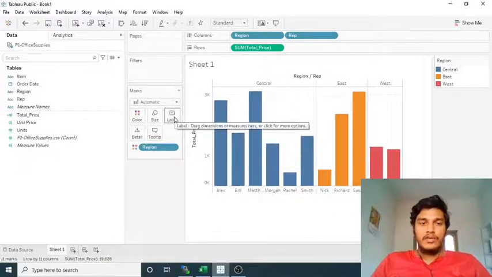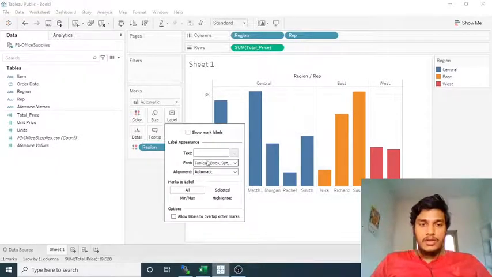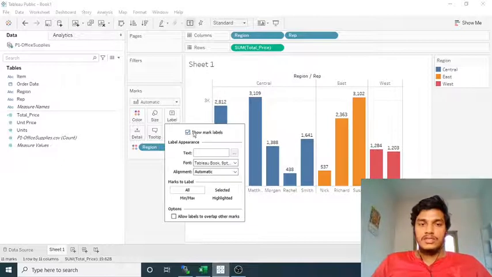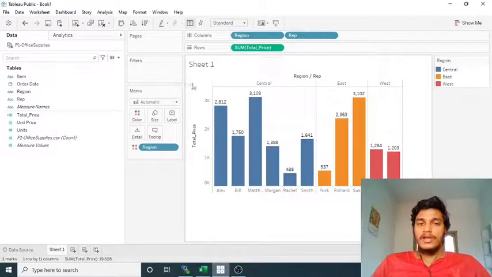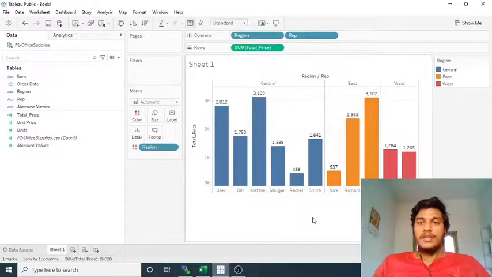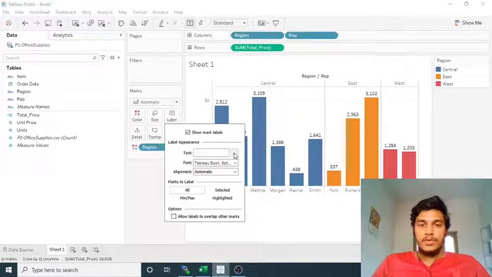Here we have a field known as Label under the Marks. Just click here on Show Mark Labels. Automatically it will show the labels that we have. By clicking Show Mark Labels, it is showing the exact value. Now if you do an export, you will be able to identify the value for Alex, the value for Matthew, and the value for James as well. They can easily identify it by just having a look at that particular chart itself. And similarly, if you want to add some text here, I am clicking the three dots here.